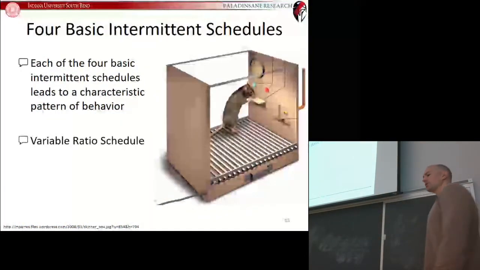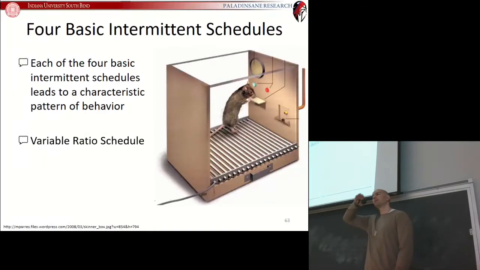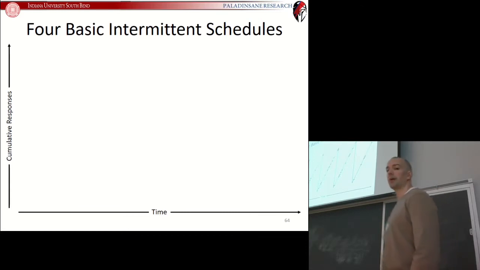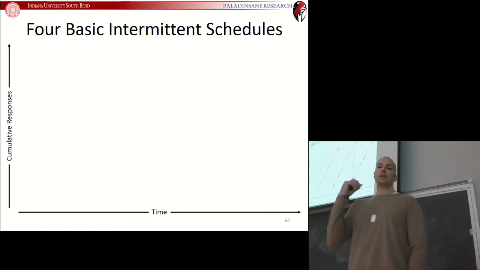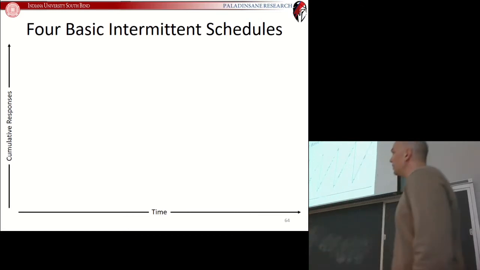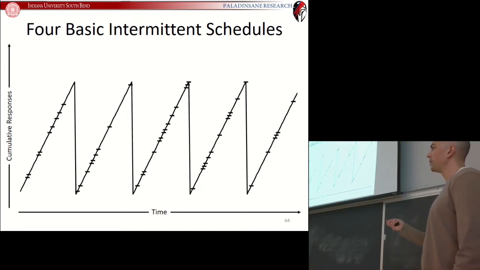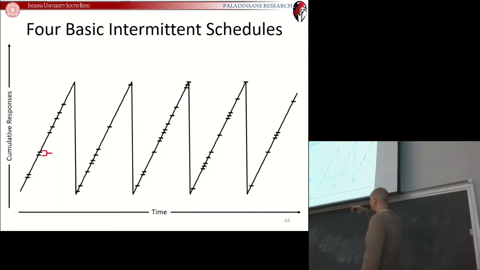All right. Next one, variable ratio schedule. You're also going to be doing this for Sniffy. It also has a very characteristic pattern of behavior. So once again, we go to our cumulative recorder. And unlike a fixed ratio schedule that had rapid responding followed by a post-reinforcement pause, the variable ratio schedule pattern of responding looks like that. This is a variable ratio schedule because if you look at the number of responses it takes to go from reinforcement to reinforcement, sometimes it's small, sometimes it's big,